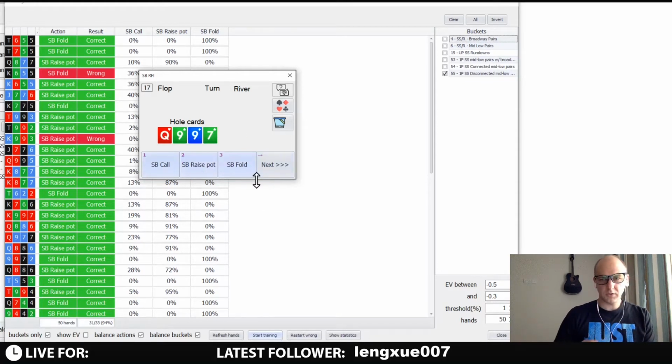If you guys want to see any other positions, please let me know in the chat. Or any other groups for the small blind. For first, I want to focus a bit on small blind. So if you want to see, I don't know, Broadway hands or Queen 9 and 5. That's a tricky one. I think Queen 9-9-6 might be an open, but Queen 9 and 5, I think it's...